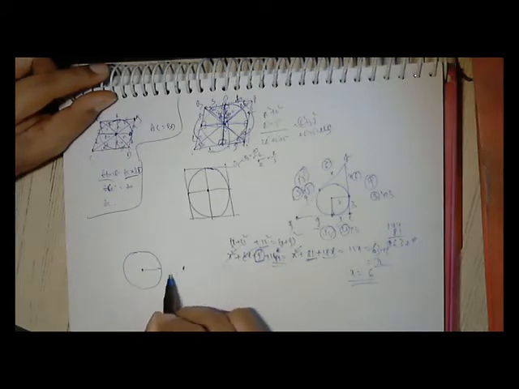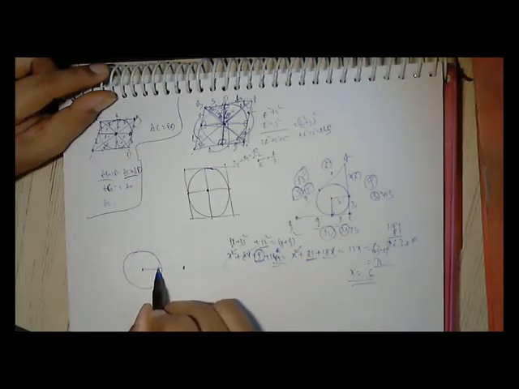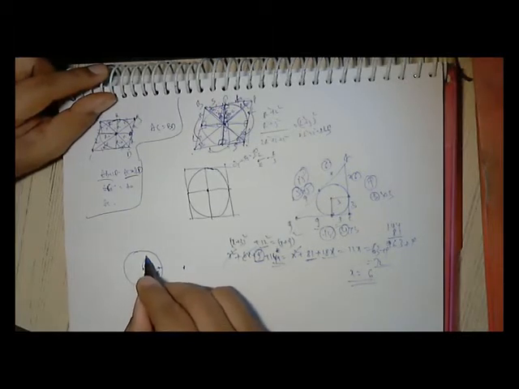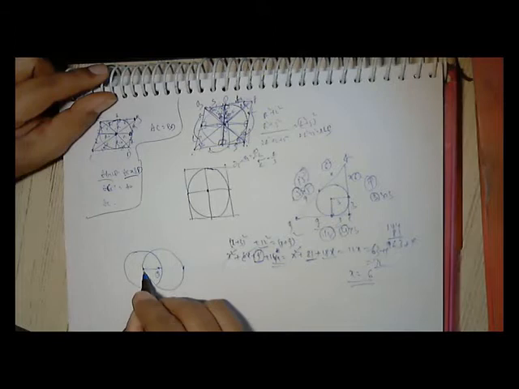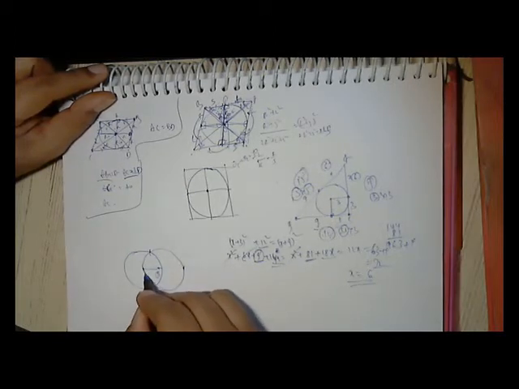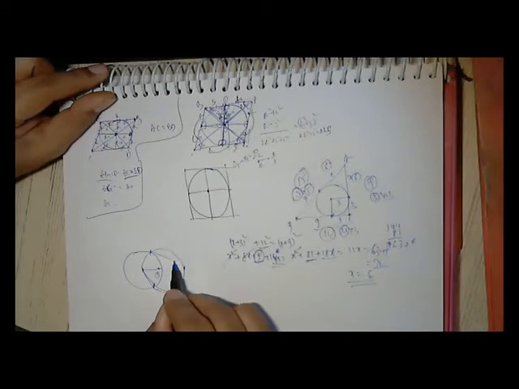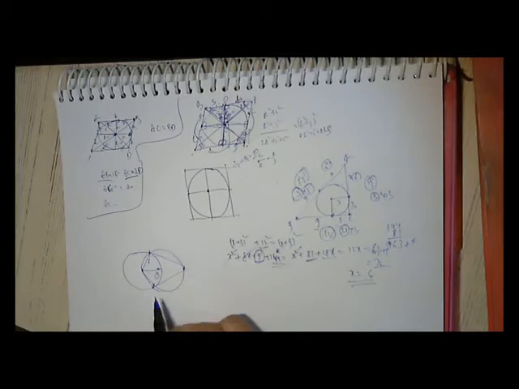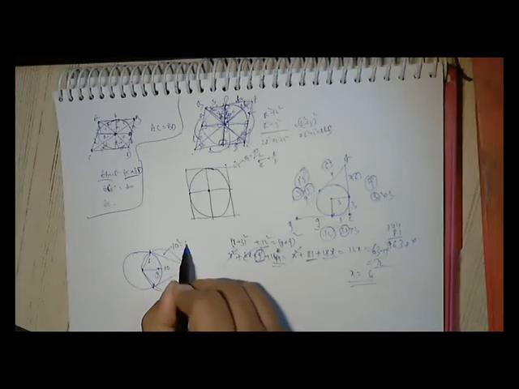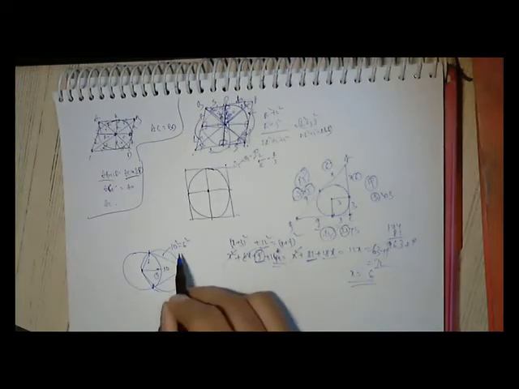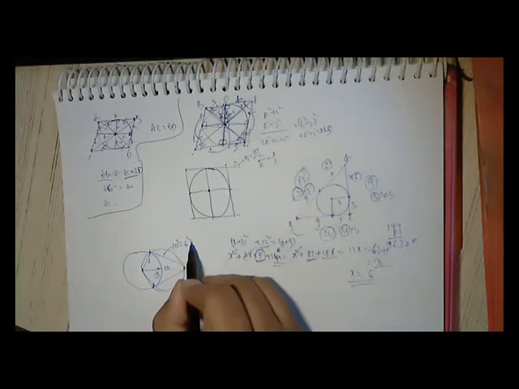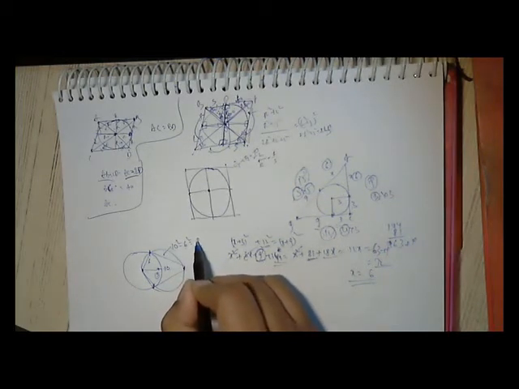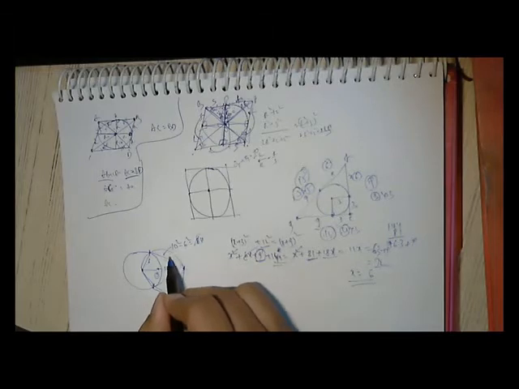That means what is the midpoint? The midpoint is 5. 5 will be somewhere here. So from here we'll draw another circle. So these are the 2 points of the tangent coming from this. What is the length of this? This is 6. This is 10. So automatically this side is 10 square minus 6 square. 100 minus 36 is 64. That means root of 64 is 8.